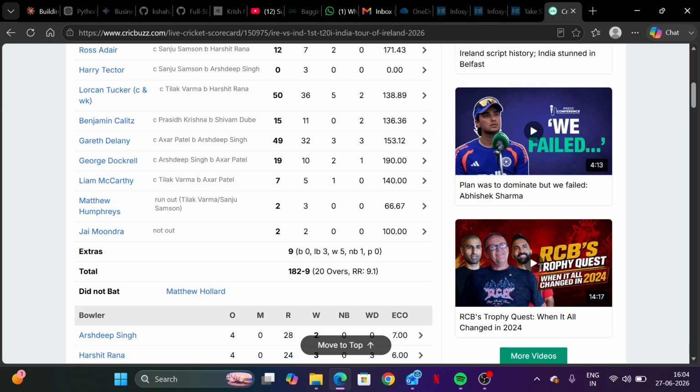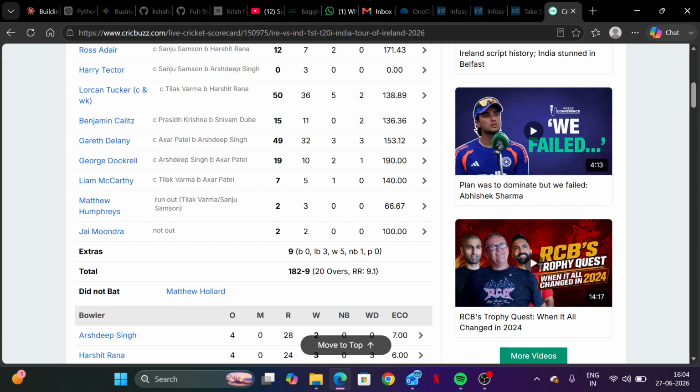Now, let us go to the middle over strangle. India actually started with flying colors. They started pretty well during the chase. They were 68 for 3 at the end of the powerplay, thanks to Abhishek's 50 with lightning speed. But then Ireland gave up just two boundaries in 27 balls straight after the powerplay. That discipline produced wickets, and India collapsed from 68 for 3 to 94 for 5, and then 100 for 6.